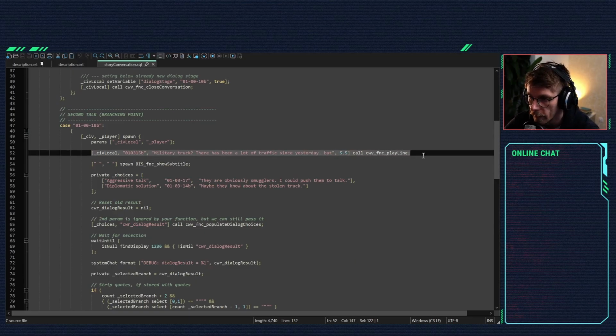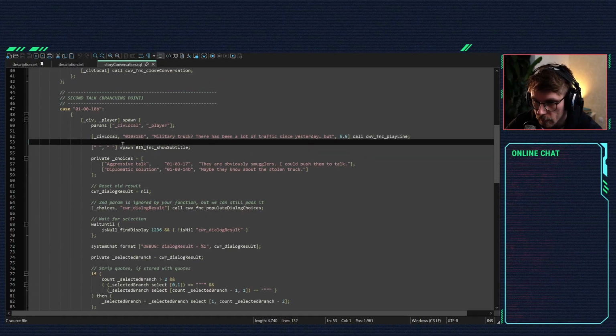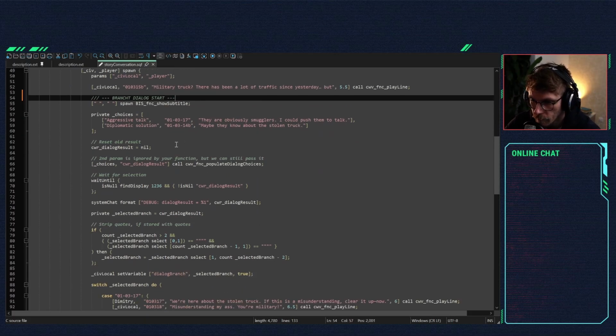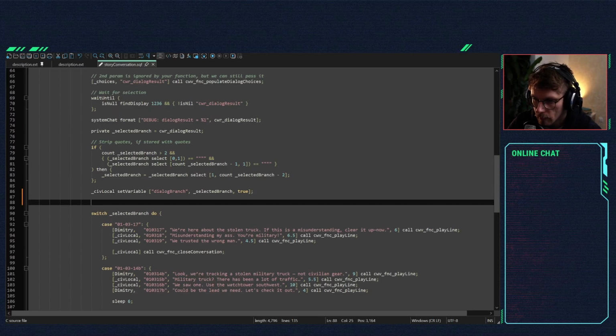So he's just gonna play this first play line, and then everything above this is the branching dialogue. So this is branch dialogue start. I will just update the dialogue, and this is selecting the different path based on our selection. Okay,